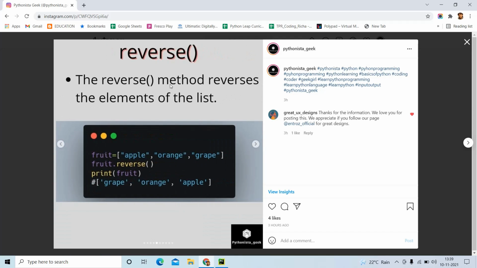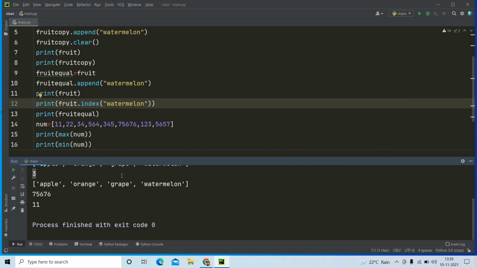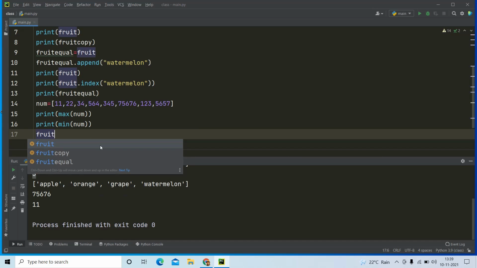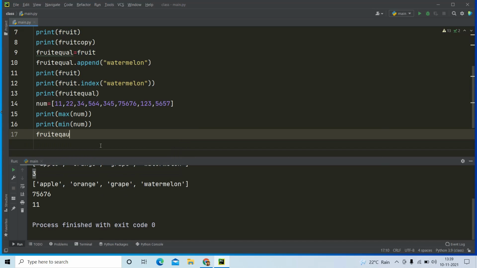Reverse. So this will reverse the list which is available for us. If I am going to have a reverse of maybe fruit equal, then I can write fruit equal dot reverse.